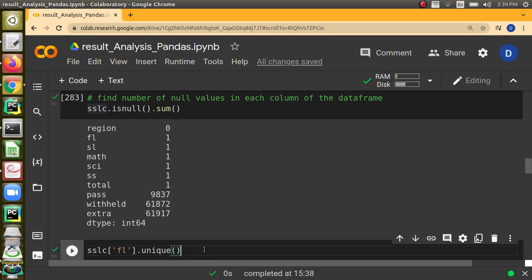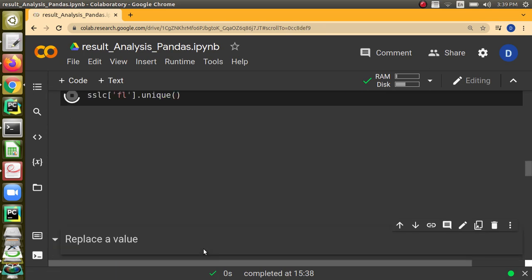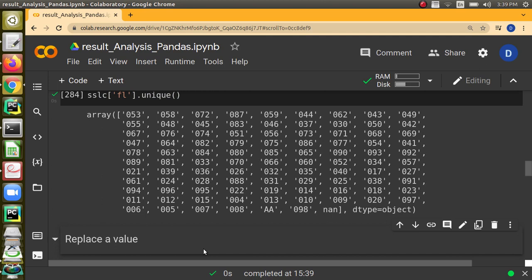But why were these marks read as object? To know that, the unique function can be used. The purpose of the unique function is to display the unique values in a particular column. So I am referring to the column first language dot unique.